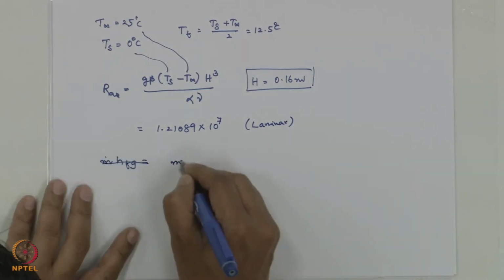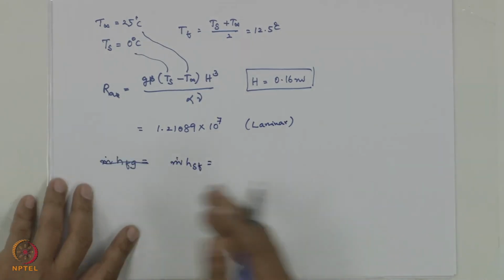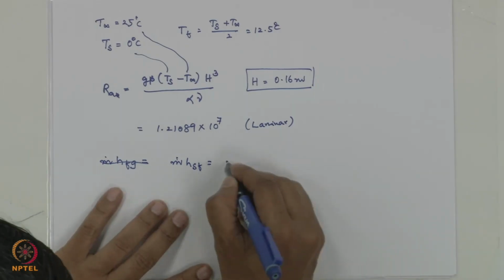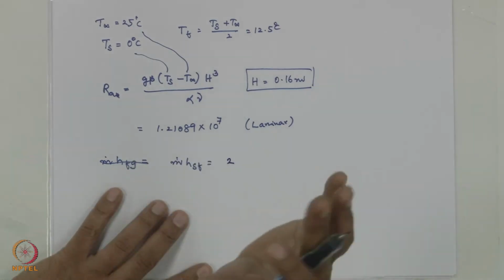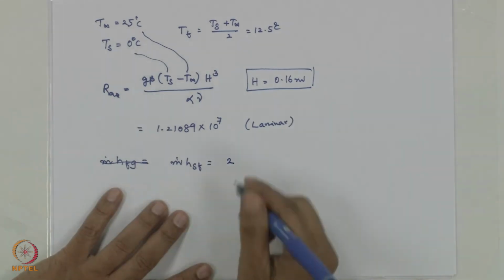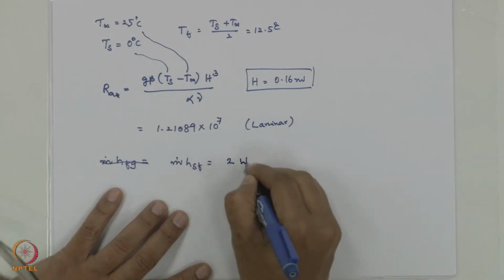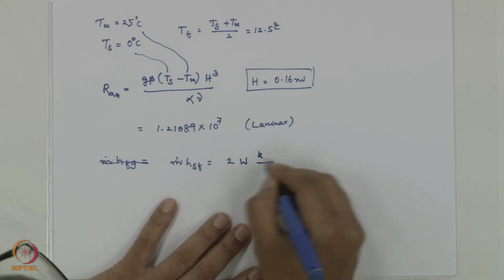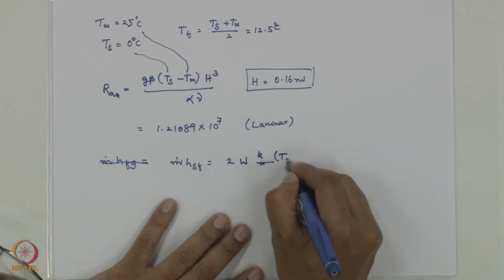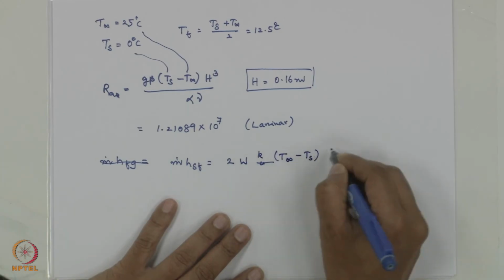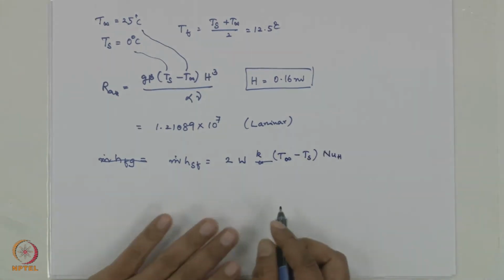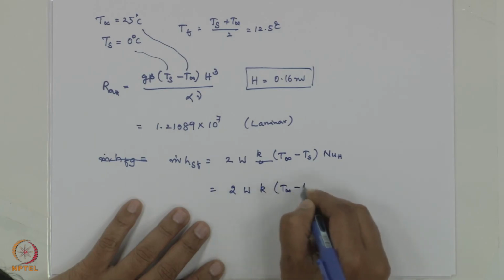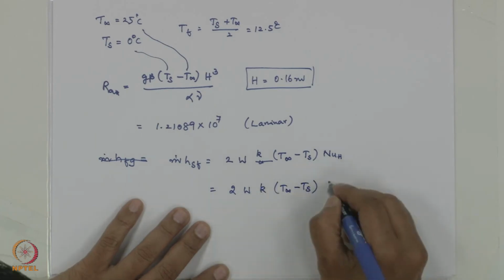So now m dot times hsf, the latent heat of melting, should be equal to q dot, that is twice, because the boundary layer is on both sides of the vertical plate. So you have 2 into W into K into (T infinity minus Ts) into Nusselt number. You may not get it, so let me explain it. K into (T infinity minus Ts). What is Nusselt number? h